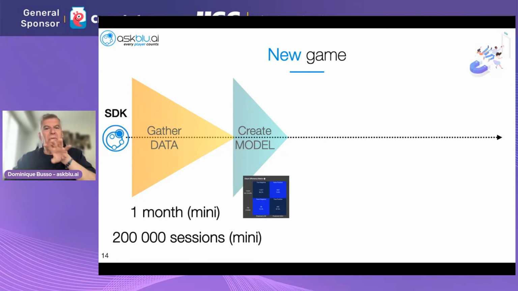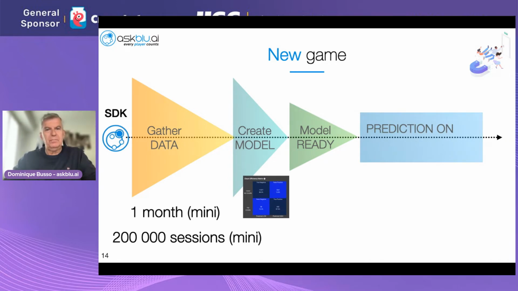If we think that the quality of a prediction is not good enough, we just continue to gather data, and after a few days we can make another model and another matrix. And when we think the quality is okay, you can also see this matrix in the studio. If you decide that it's okay, the model is ready, and we can start the prediction of the